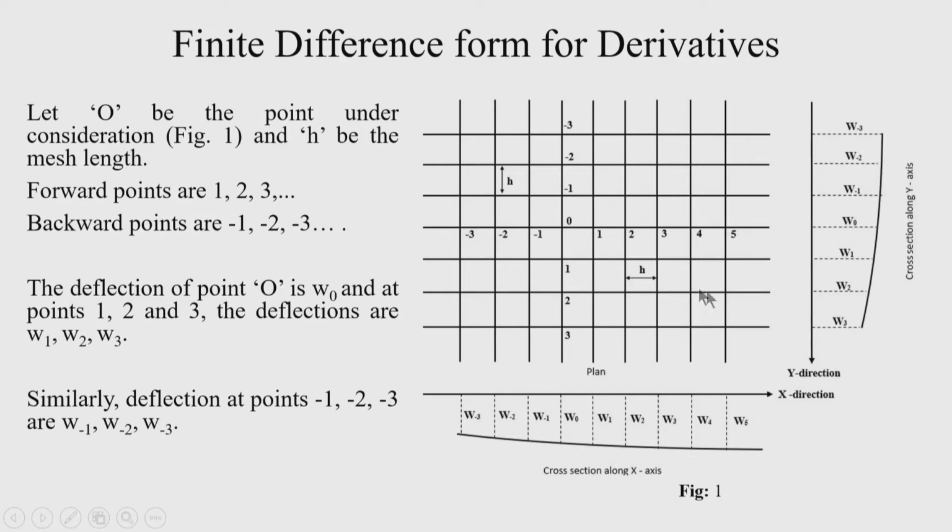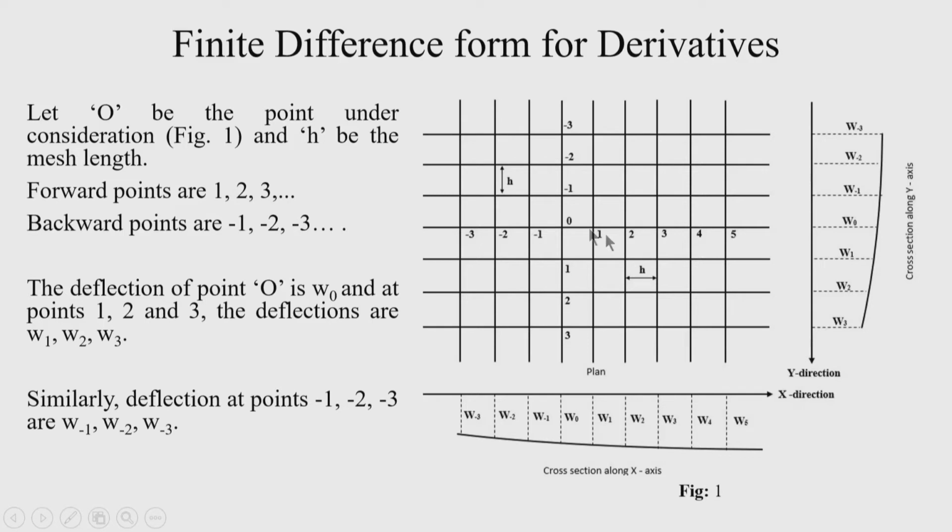Okay. Now, at the nodal point, suppose this is the deflected surface drawn along this line, where the nodes are numbered 0, 1, 2, 3, 4, 5 in the positive direction of the x axis, and -1, -2, -3 etcetera in the negative direction of the x axis. Similarly, if I take the downward direction as the positive direction of the y axis, then nodes are numbered 1, 2, 3 etcetera along the positive direction of the y axis, and in the negative direction of the y axis 0, -1, -2, -3.